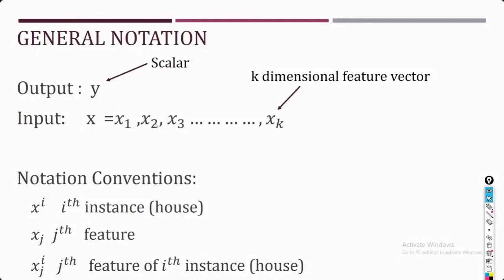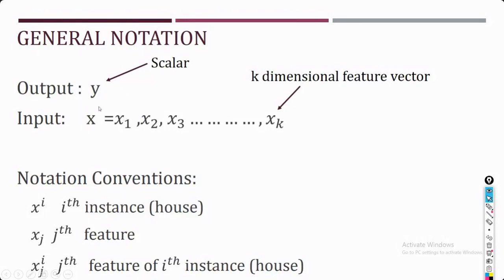Now, in the case of simple linear regression, we had only one feature, so we did not need to use so much notation. But from now onwards, we are going to work with multiple linear regression. For that, we will have different sets of instances, and with those different sets of instances, we will have different sets of features. So we are going to use this general notation, and we will follow this notation in order to cover the concept.